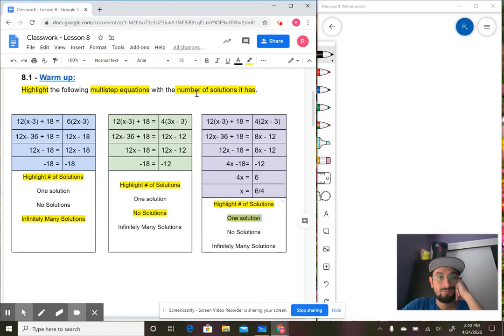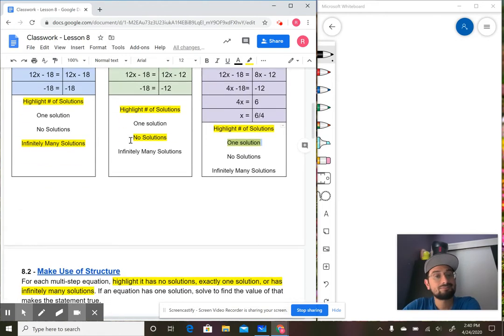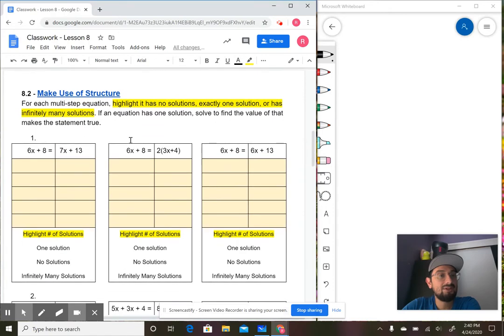Okay. So make sure you can pause the video if you want to catch up. So now for the 8.2, make use of structure. For each multi-step equation, highlight if it has no solutions, exactly one solution, or has infinitely many solutions. If the equation has one solution, solve to find the value that makes the statement true. Okay? So now,